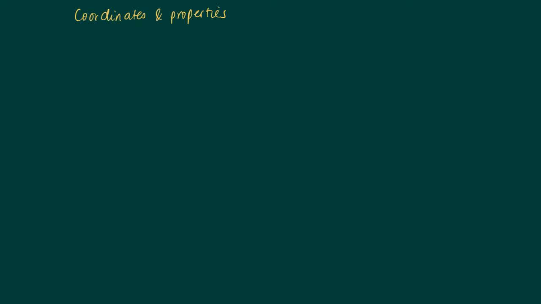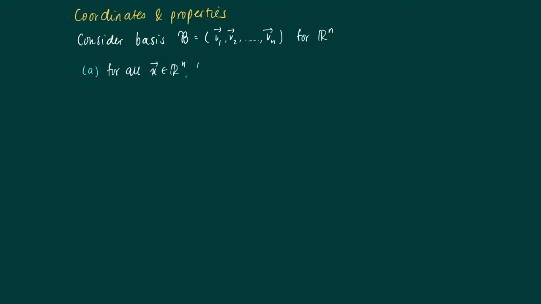In this clip I will focus on coordinates of vectors with respect to ordered bases like B is v1 to vn. So the first property is that for all x in Rn, if we scale up the vector by t, then with respect to the natural basis, it also scales up the coordinates with respect to a different basis,